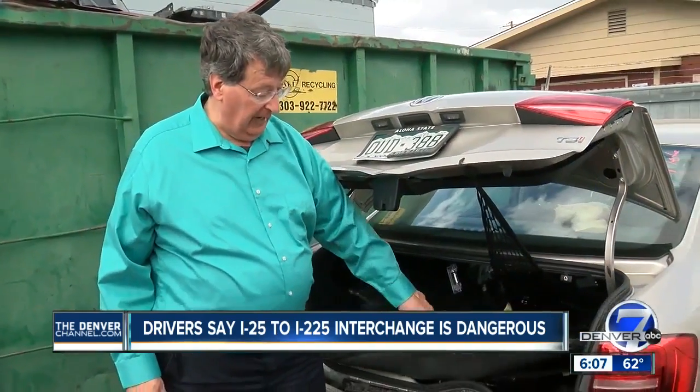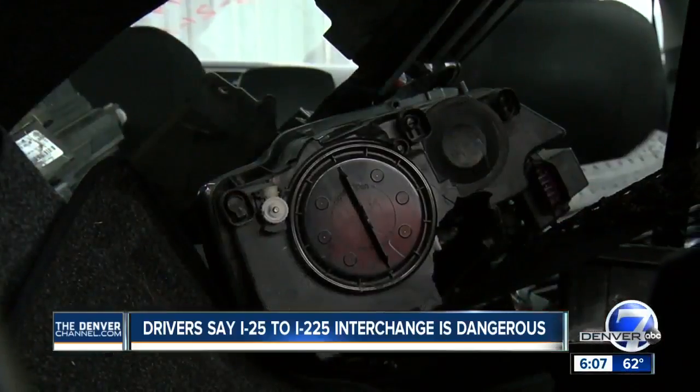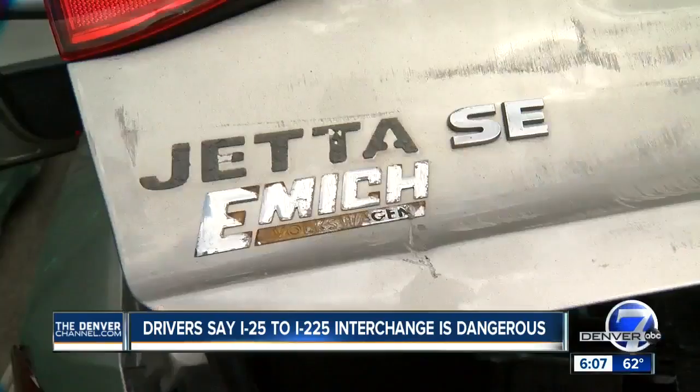I was at a complete stop. I don't even know if he hit the brakes. Mark Wilson is trying to make the best of it. They put the headlights in the back seat. His Jetta is now totaled, his body bruised, and his life a little more complicated with only one car at